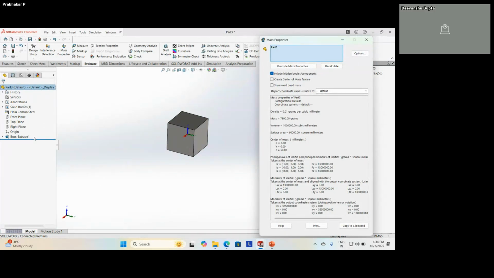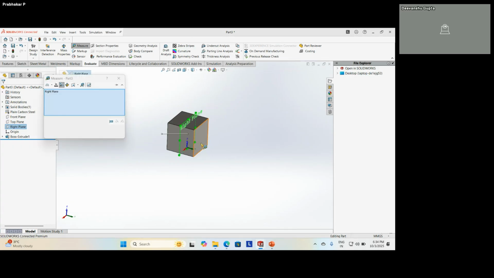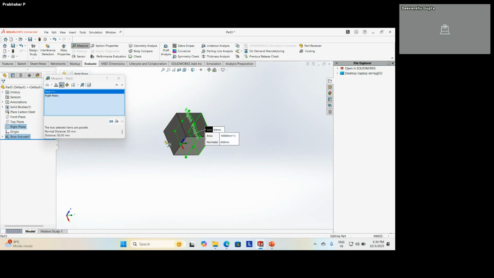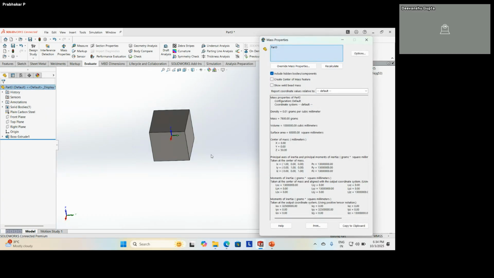Y is also 0. The reason is the right plane, the green color is y. Measured, this is 50 and this is also 50. That's why it is showing 0. But z is 50. Why? The top plane is z, the blue line you can see here.